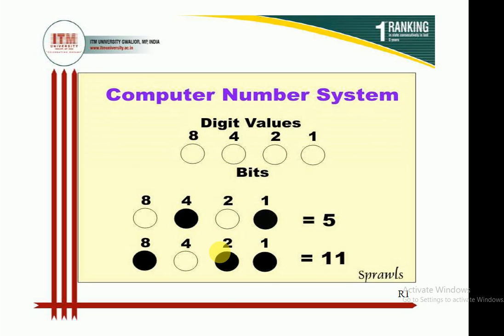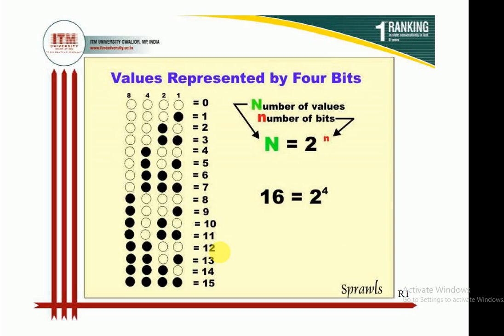There are certain binary digits, and the bits of a particular image can be counted: if we count the marked area, then we can predict how many bits an image can have. So this is all about the computer number system. There is a formula which is used for predicting how many bits or how many shades of a color a picture can have.